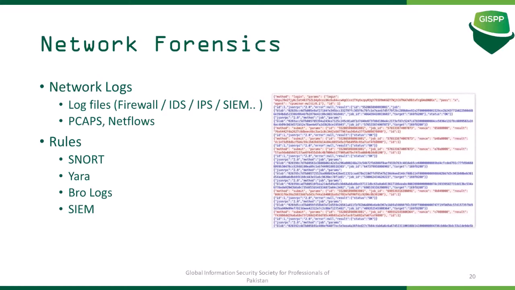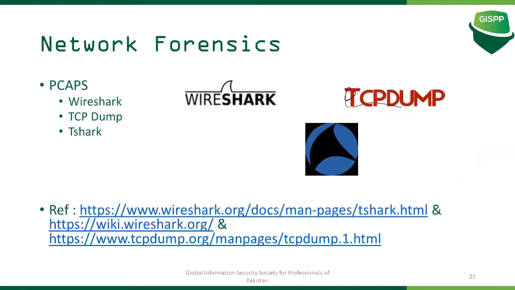From a network forensic perspective, we have a few things which include log files. Log files can be from your firewall, IDS, IPS, your SIEM which ingests these, and your access logs from your web servers. It can be PCAP, NetFlows. Once you get hold of these files and you come up with an activity, like there's an APT group targeting your organization and you have artifacts in the form of these things, you can come up with different kinds of rules. We'll discuss this one by one later.